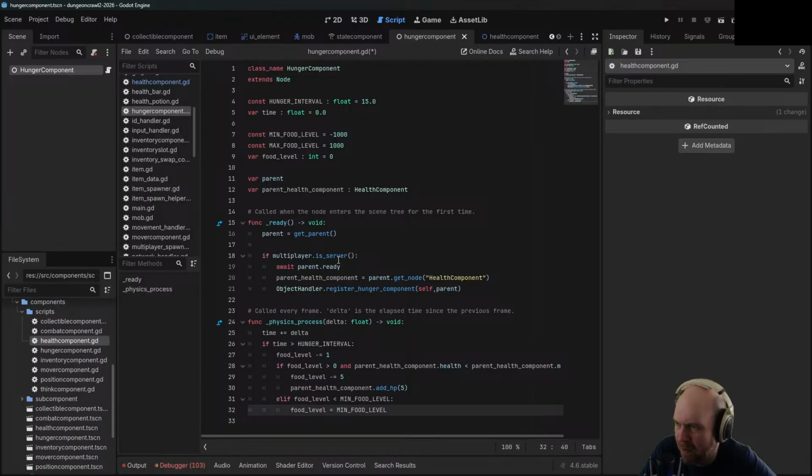Okay, so every 15 seconds, our food level should decrease by 1. And then if we're not at full health, we should consume some food and heal. And then